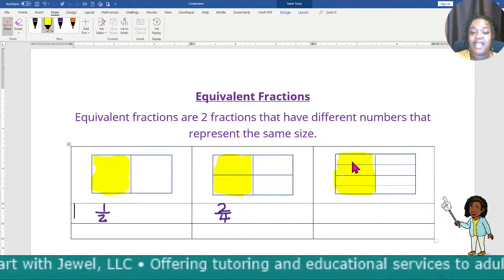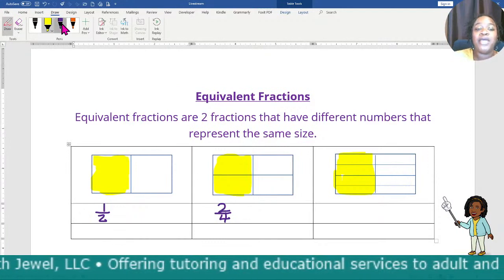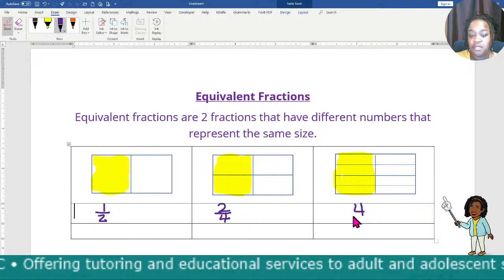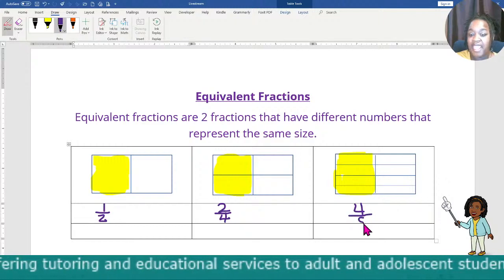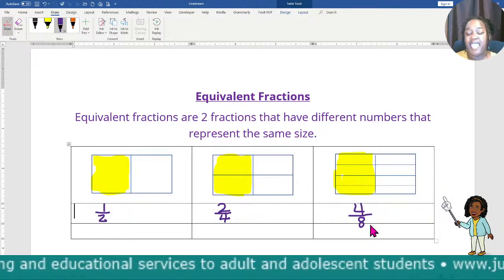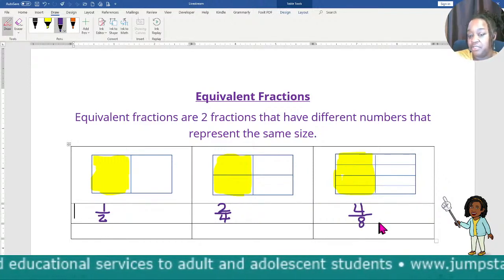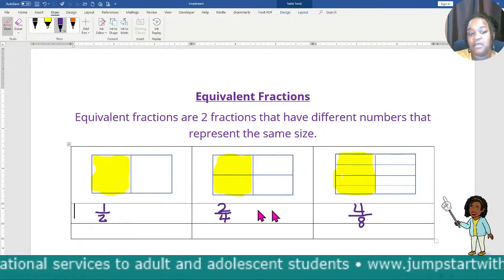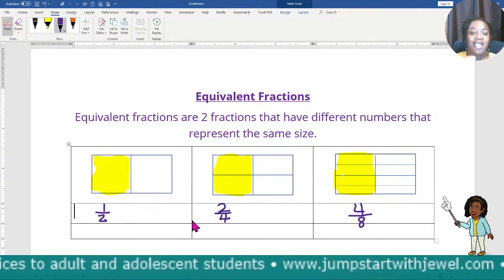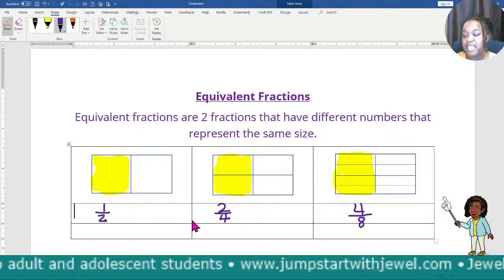I went outside the line a little bit, but that's okay. So this fraction now represents this model. The fraction is 4/8. We shaded 4 parts in, and the denominator, the total amount of parts, is 8. So if we were to do the math in order to calculate these equivalent fractions, even if we were going to do the math,